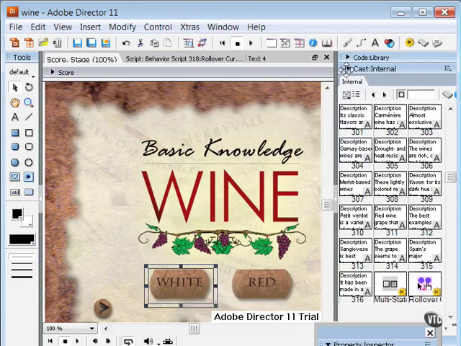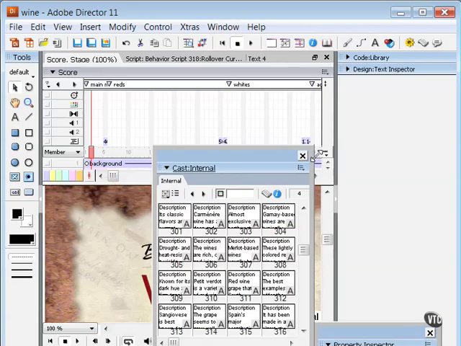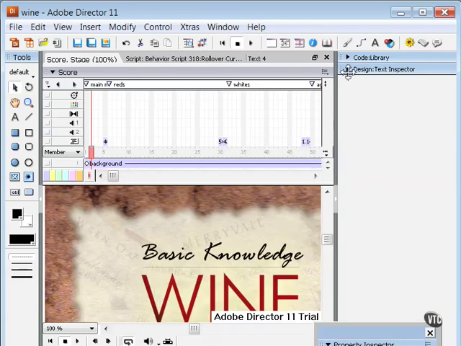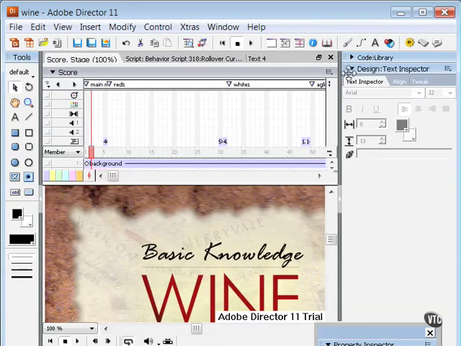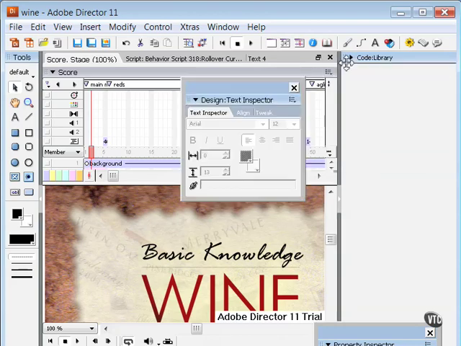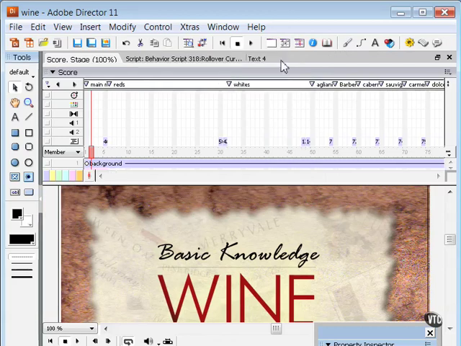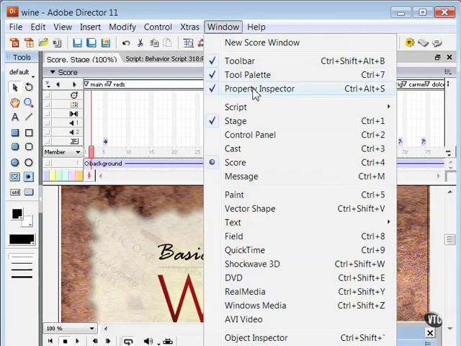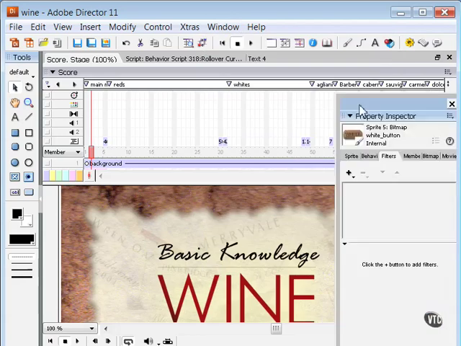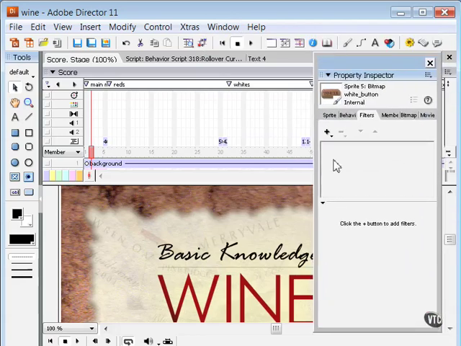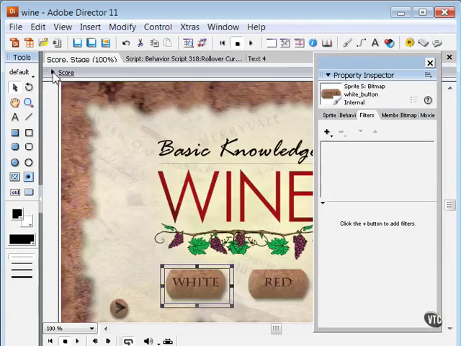Let's detach my cast window and close that. And take out the code library as well. And let's bring up the property inspector. Property inspector is hiding down here, but if we bring that open and click on the bitmap, there is a